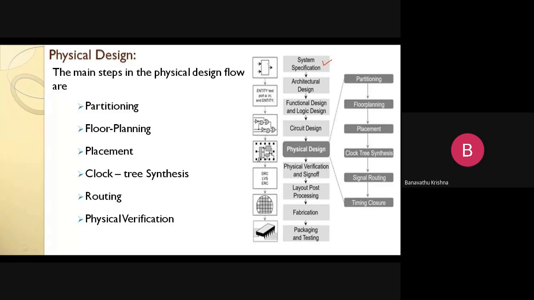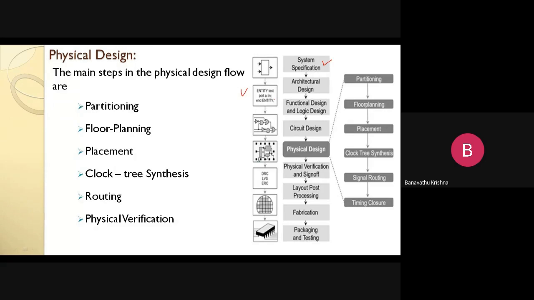Suppose we look at one block diagram. It has the number of inputs and outputs, and then the architecture design. For the implementation of a half adder, we require one XOR gate and one AND gate. That is our architecture. For that implementation, we write code: entity half adder and port variables, input port variables and output port variables, and the architecture design.